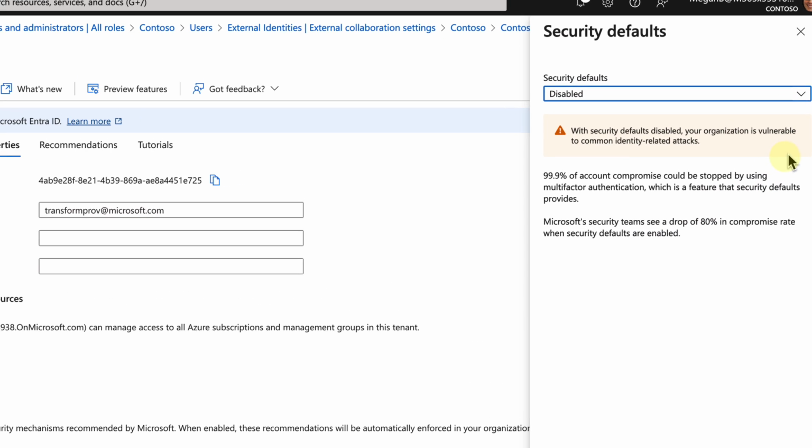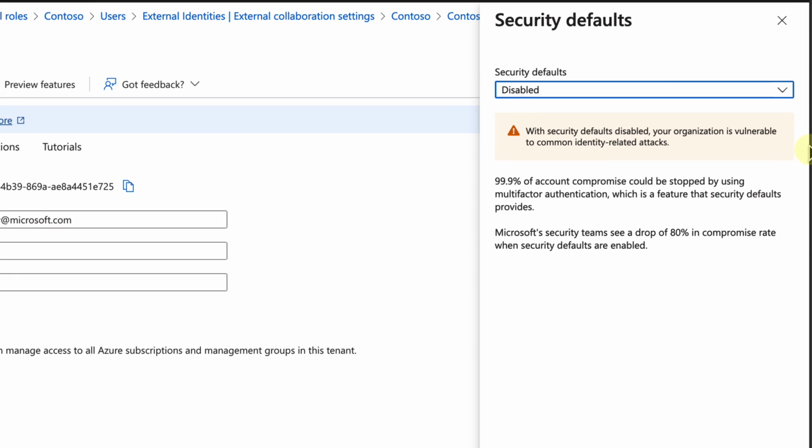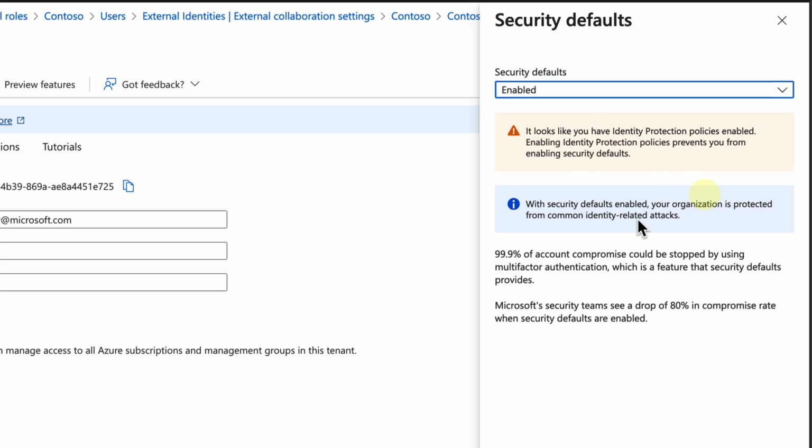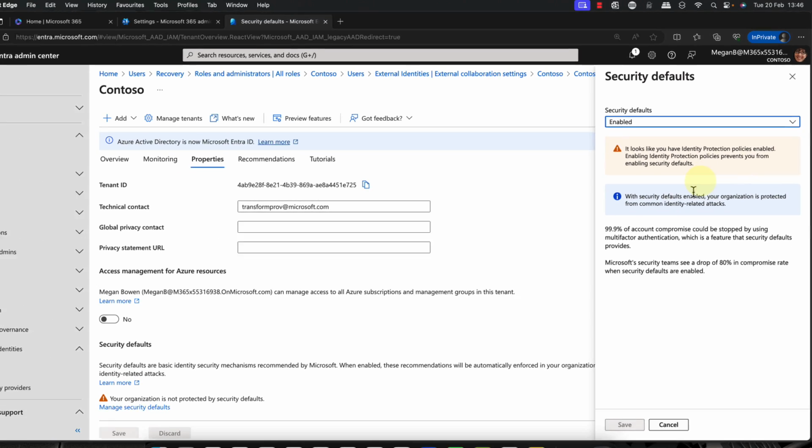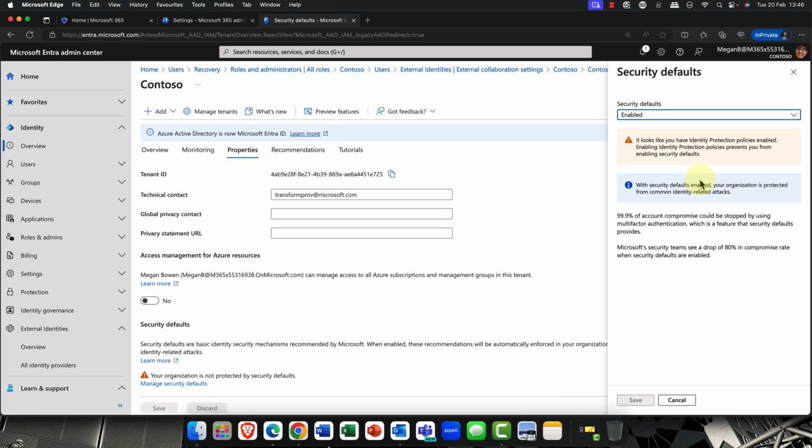So you can see that we've got security defaults here, and essentially it talks about the fact that you can halt 99% of phishing-based attacks. What this does is it enables conditional access for your organization, and by default it sets up a number of default access policies, including for all your users and for your admin accounts.